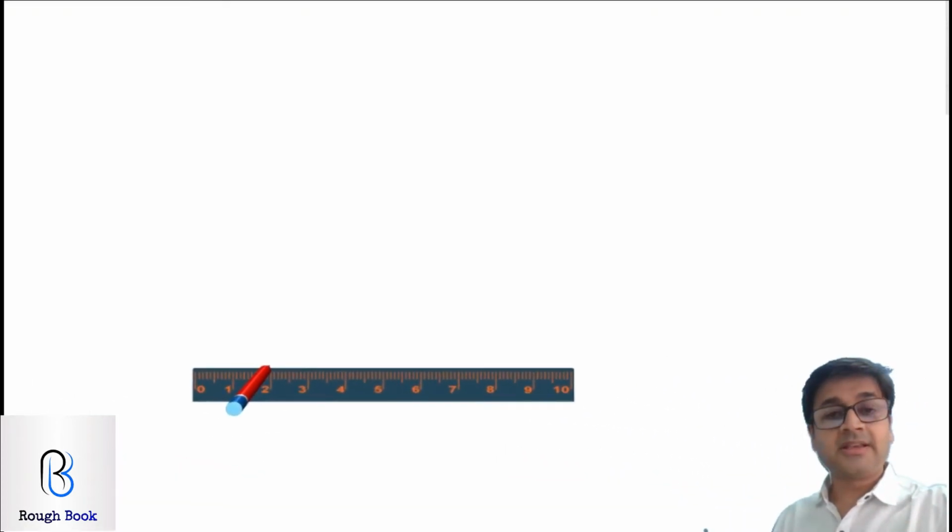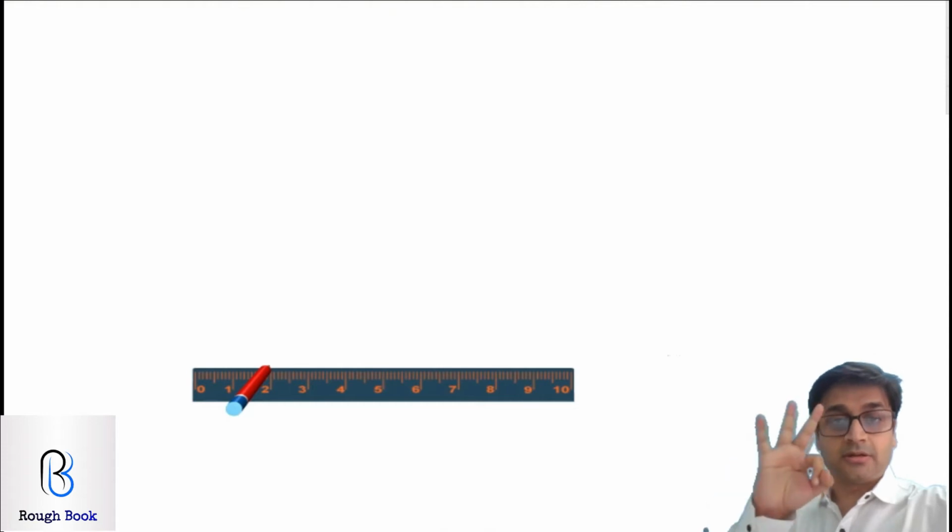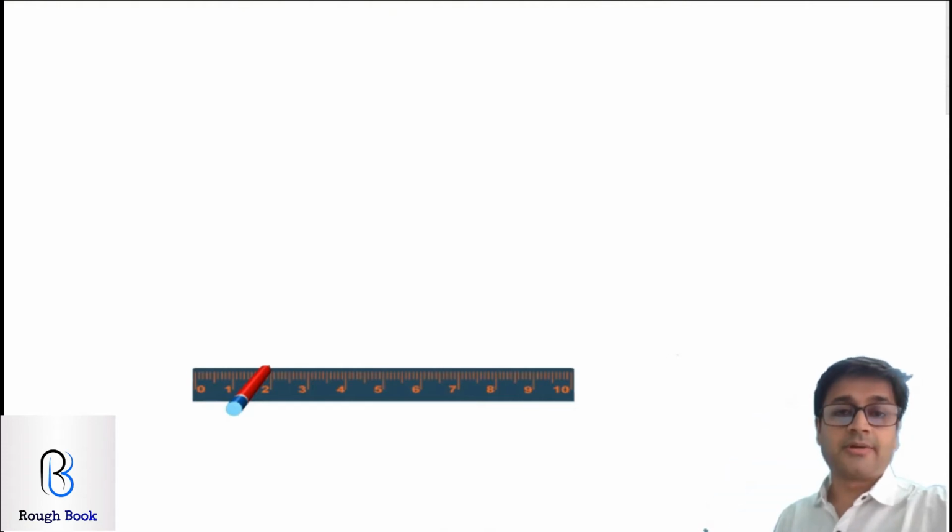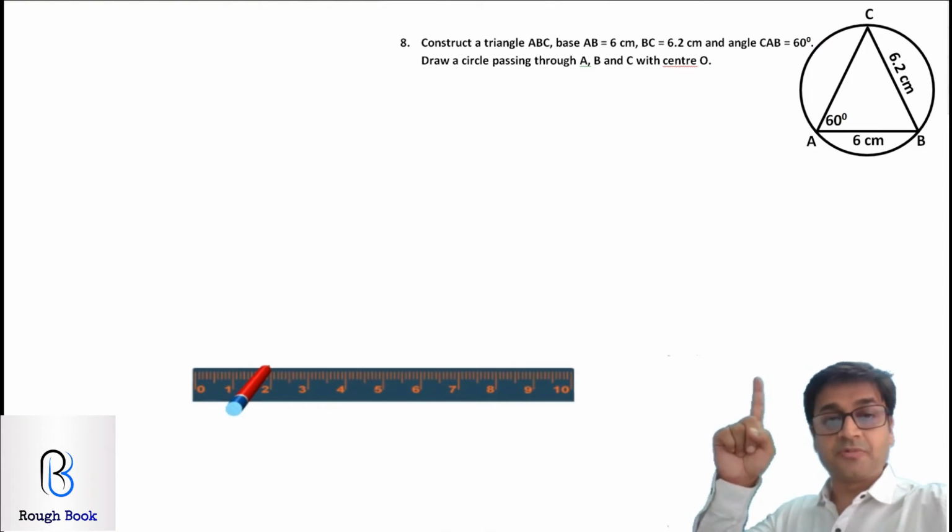The next sum I want you to try is sum number 8. Sum number 8 is a good example of circumcircle, the third type we need to learn. Alright, so for circumcircle of a triangle, they have given you some dimensions of a triangle. Draw the rough diagram, come back, and then we'll talk. So that's how your rough diagram looks.